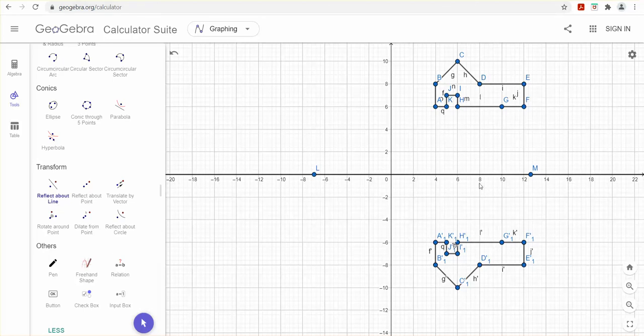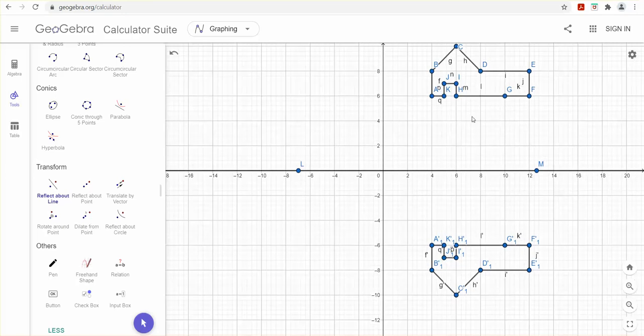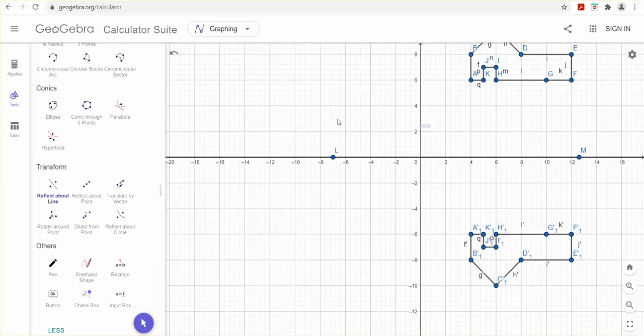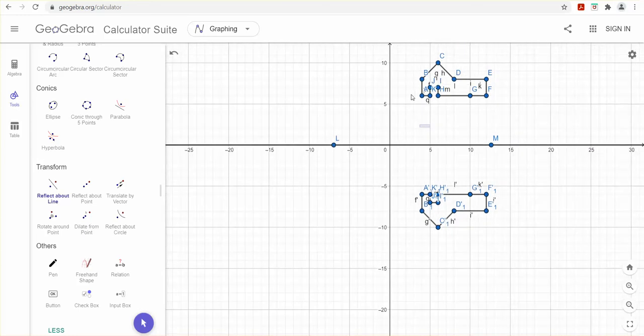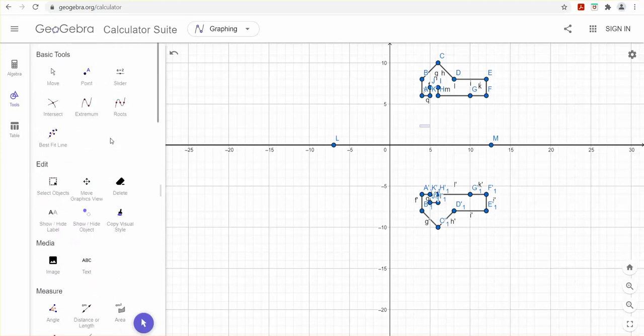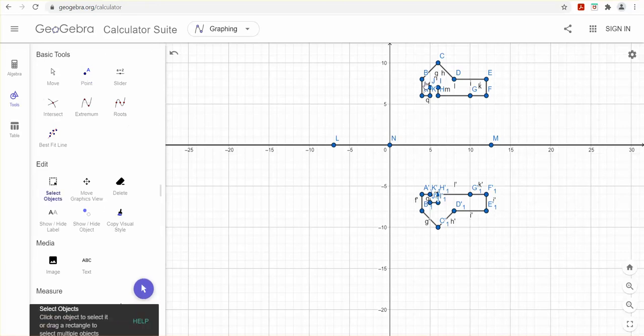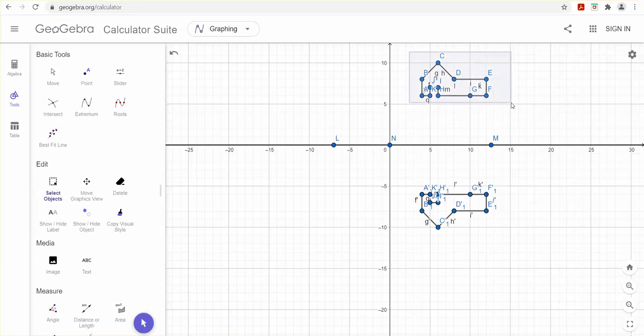Okay, now to rotate my figure, I want to go back to my original figure, and I'm going to rotate it about a point. I want to rotate about the origin, but I don't have a point there yet. So I need to put a point at 0, 0. Okay, now I'm going to select my object, my house, my original pre-image, not the reflected one,